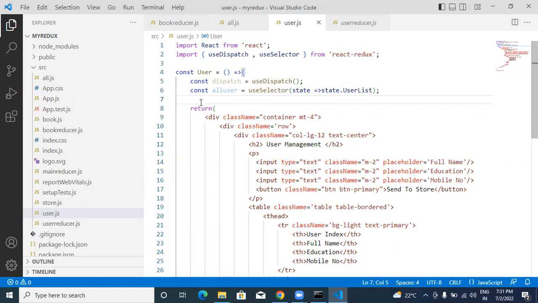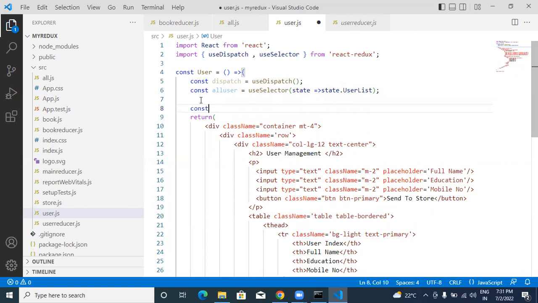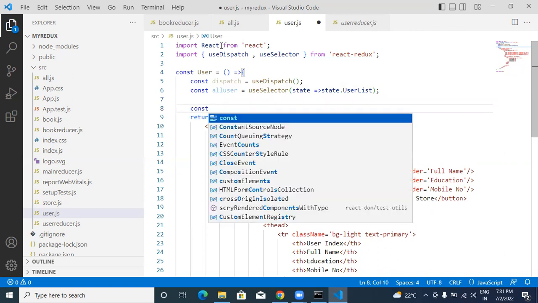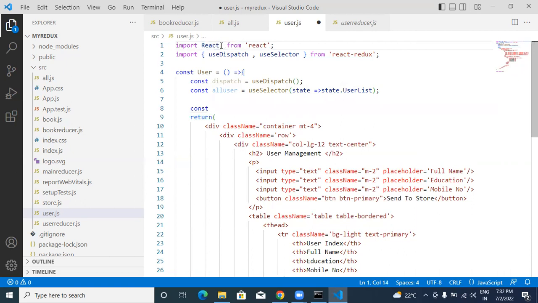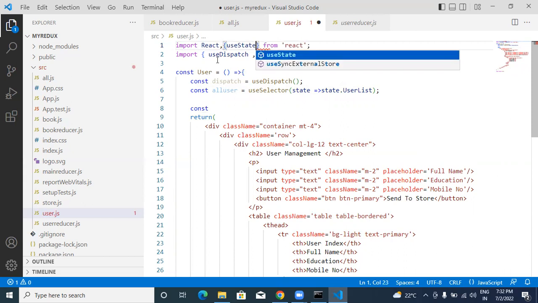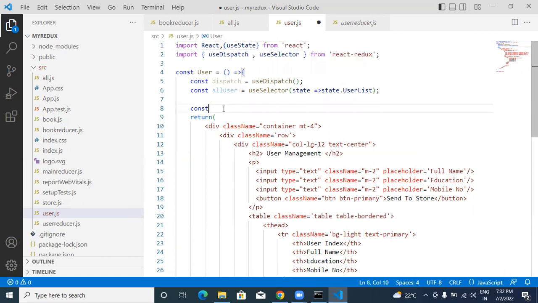Okay, next after that, let's write a variable or use state we have not called. Please call the use state on the top. Constant full name, nickname, use state,